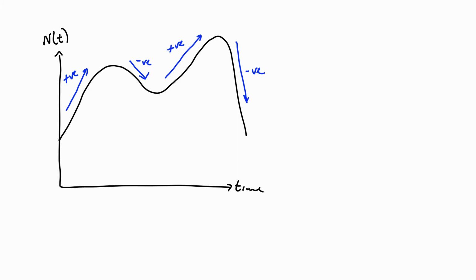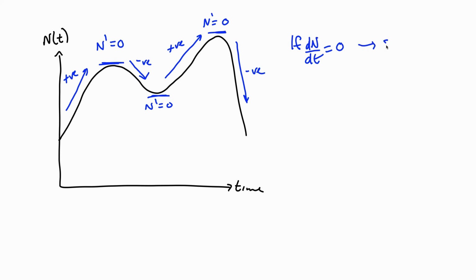An interesting thing is that if the derivative is positive over here and negative over here, that implies there must be a point where n prime is equal to 0. And another one over here, and another one over here. So if dn by dt is equal to 0,